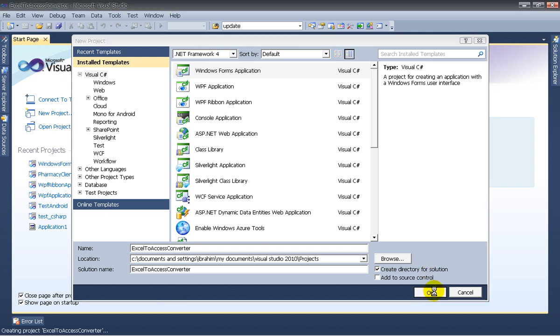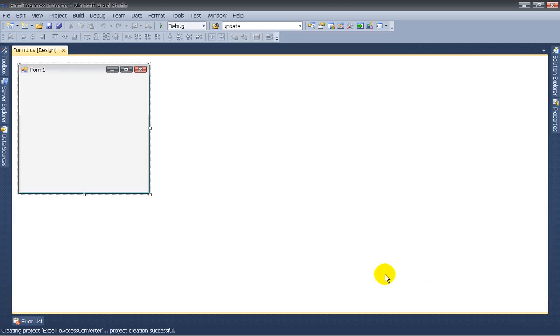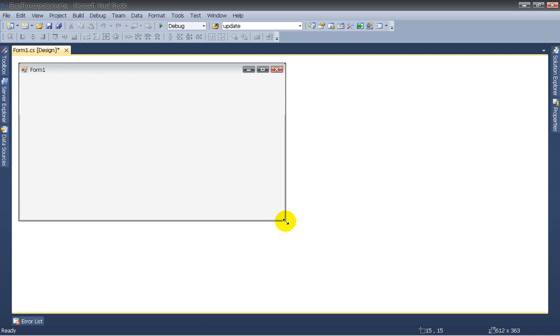Click OK, and it's a simple Windows application form, and we'll use the data namespace and the OLEDB provider to read the Excel file, because it's much easier,